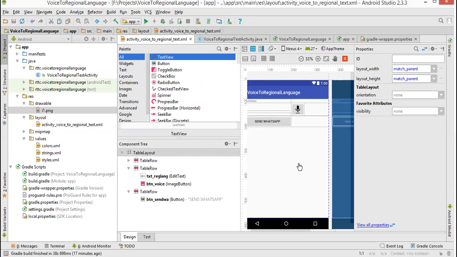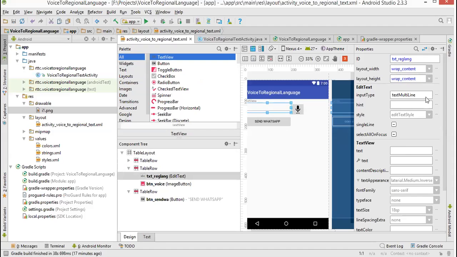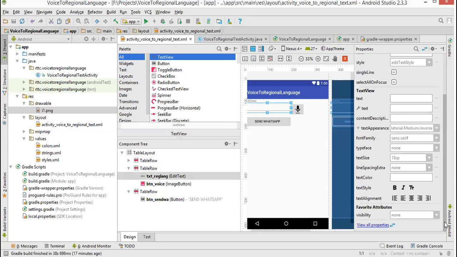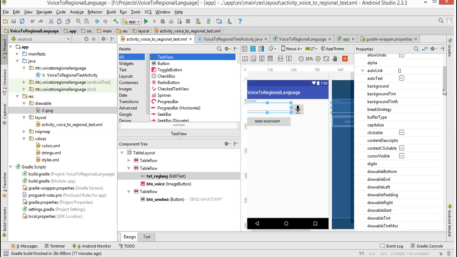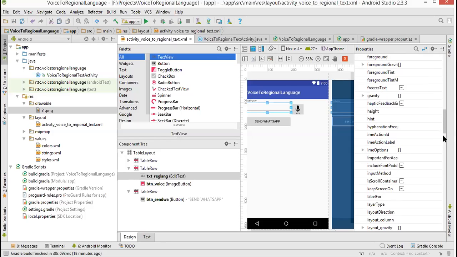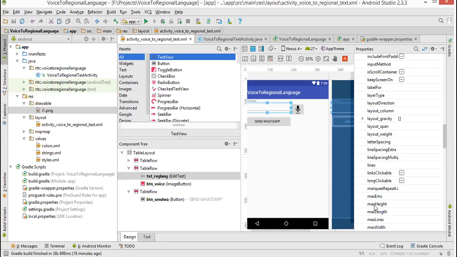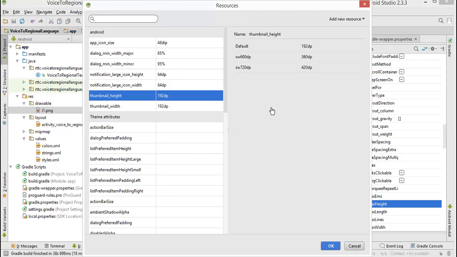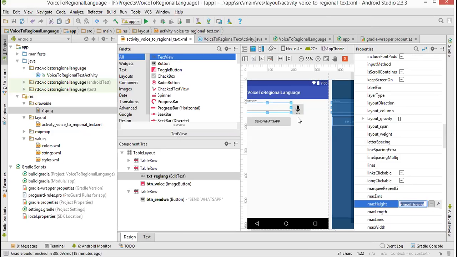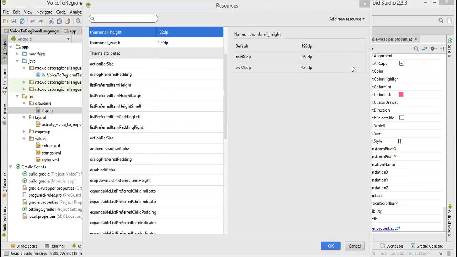Okay, above. So now this is that. This is your text box. So what I'll do is I'll take this multi-line text box. You can go to view all properties. Max height something is there. So I'll put it as okay. Max height or max lines is there. That property I will do it.